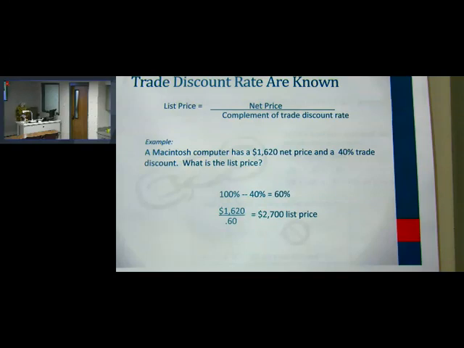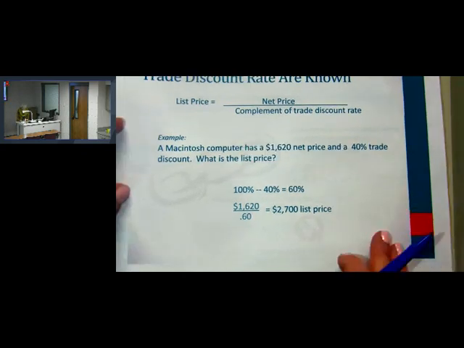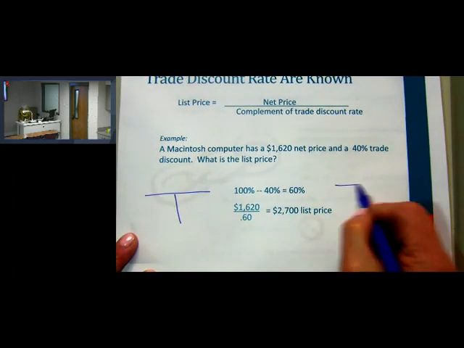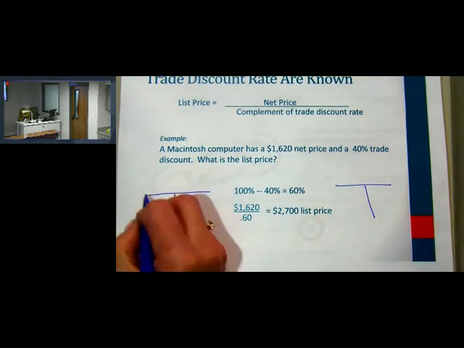All right, the other thing that we talked about, and I kind of already covered this with my pie diagram, is what if we know the net price and we know the trade discounts and all of that? Can we determine what the list price is? So again, we're just solving for the list price instead of maybe the net price or the trade discount. Once again, just like I said, I'm going to put them over here in pie diagram just to make sure you're clear on this. I use pies all the time, as you know.